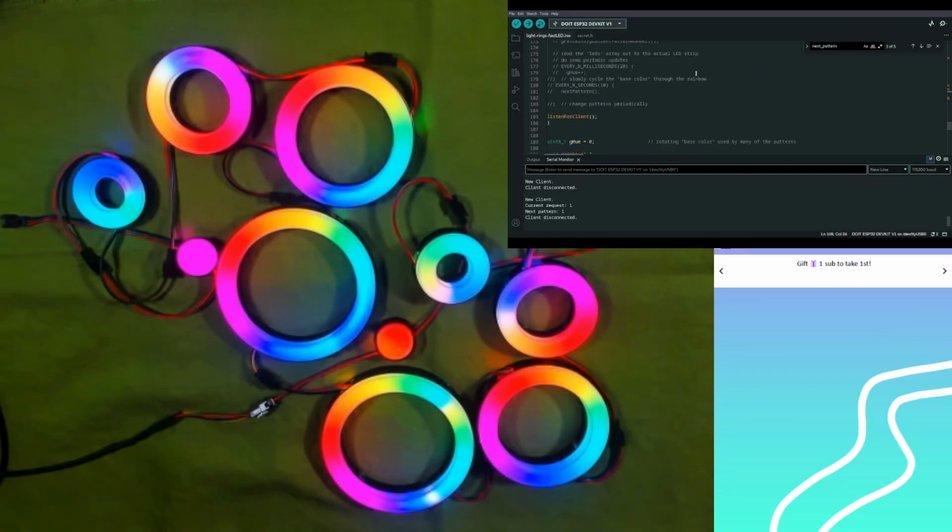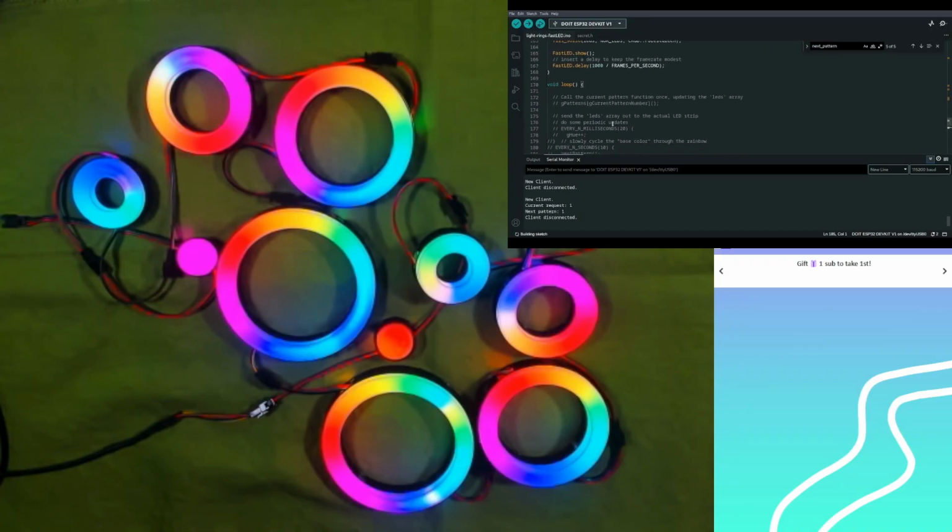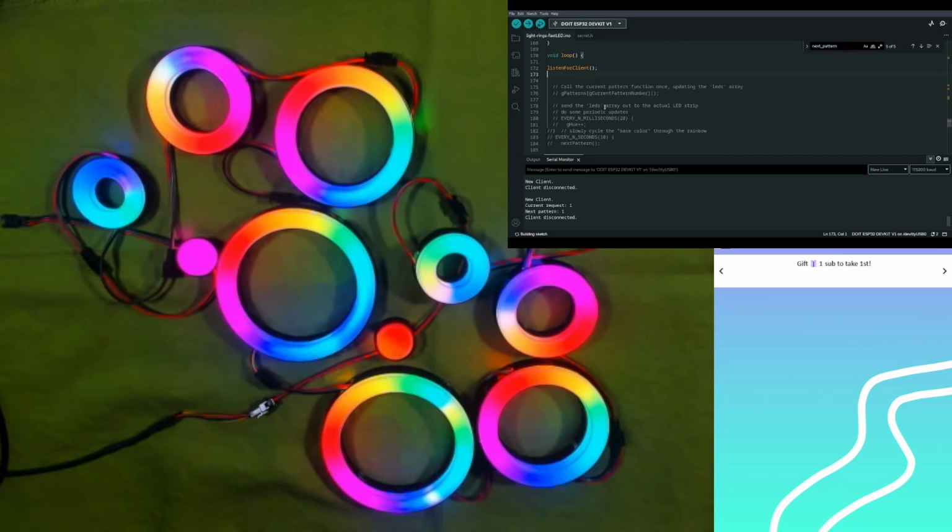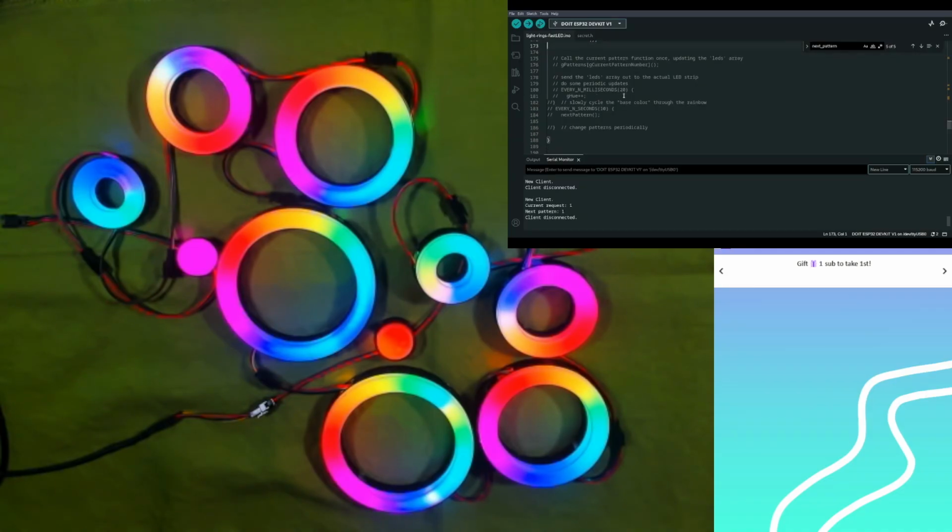I mean, it does. Okay, so change patterns periodically. So we need to move listen up here. And then we need to uncomment that.